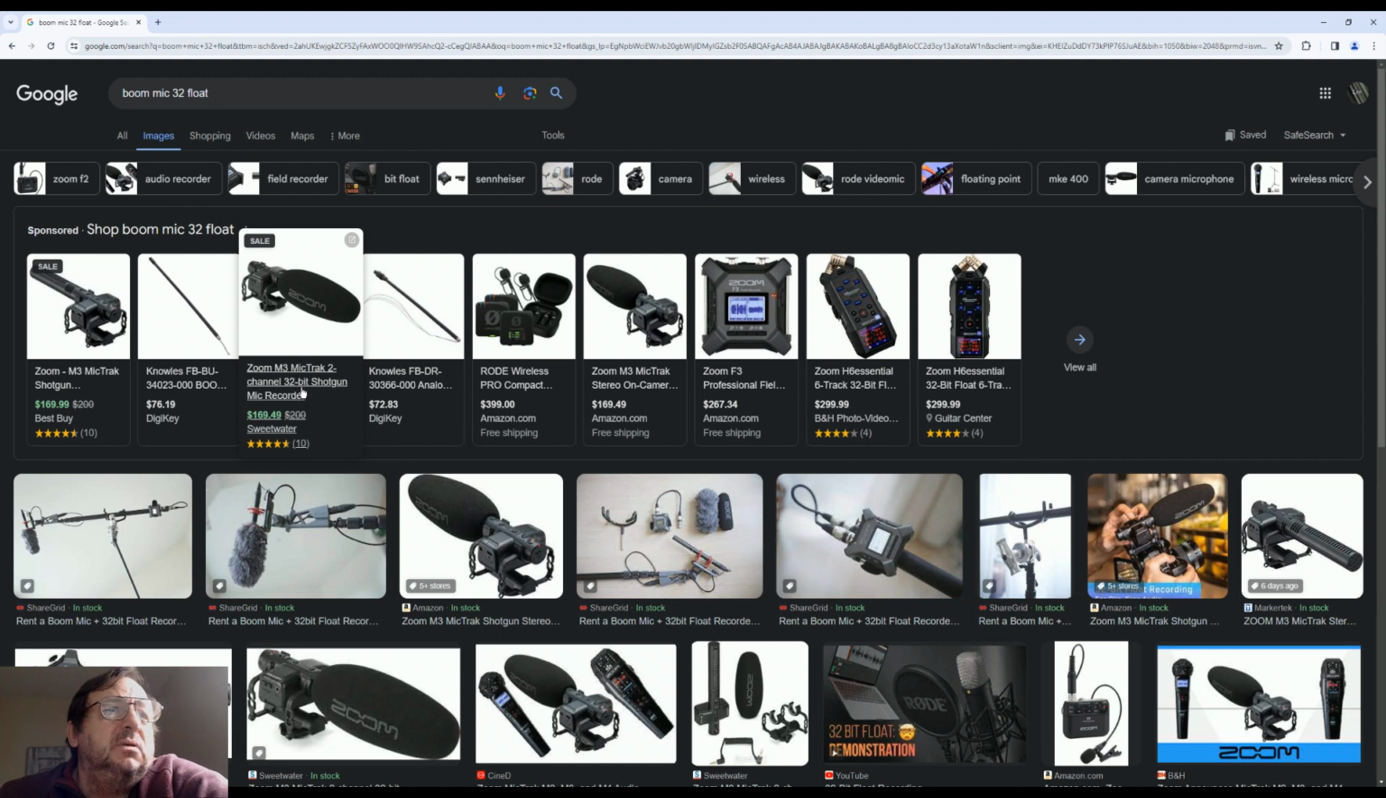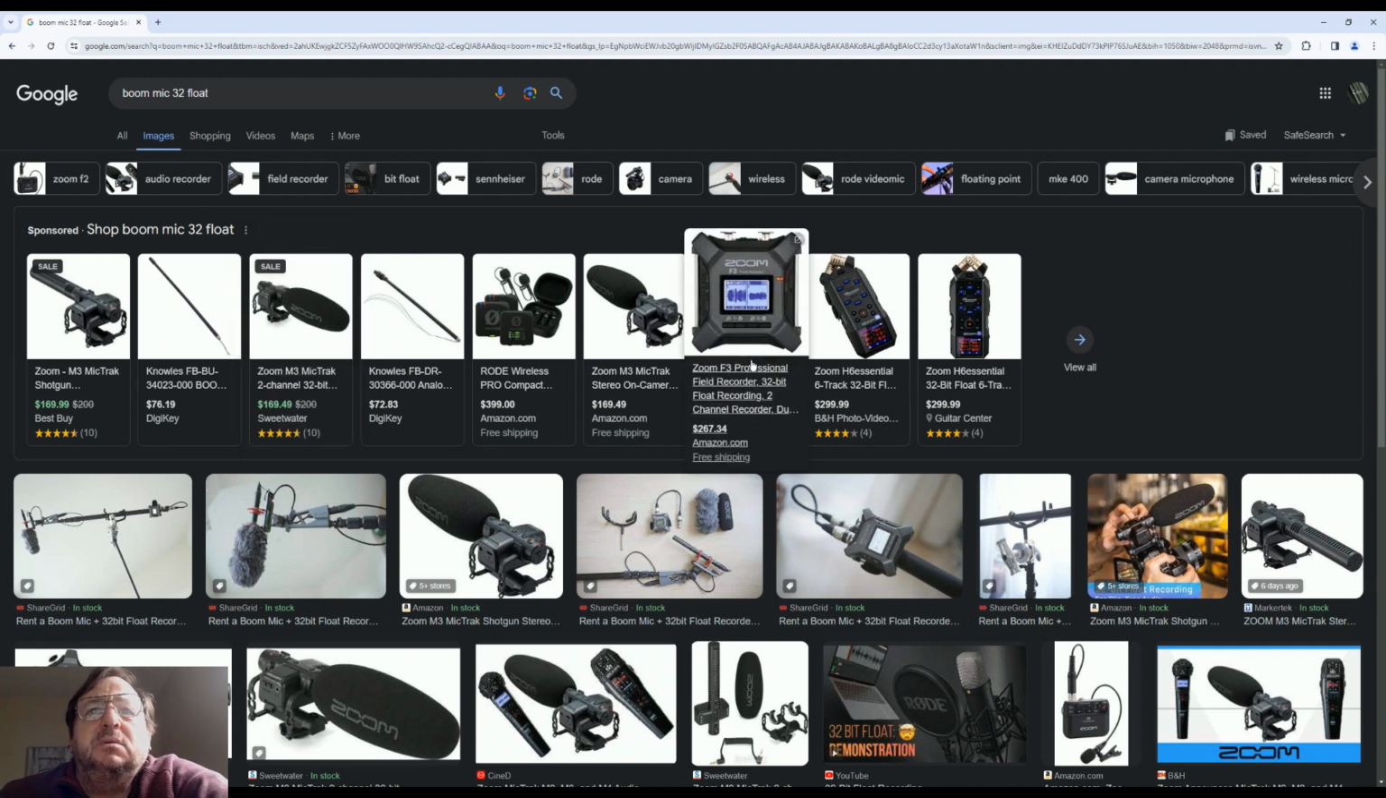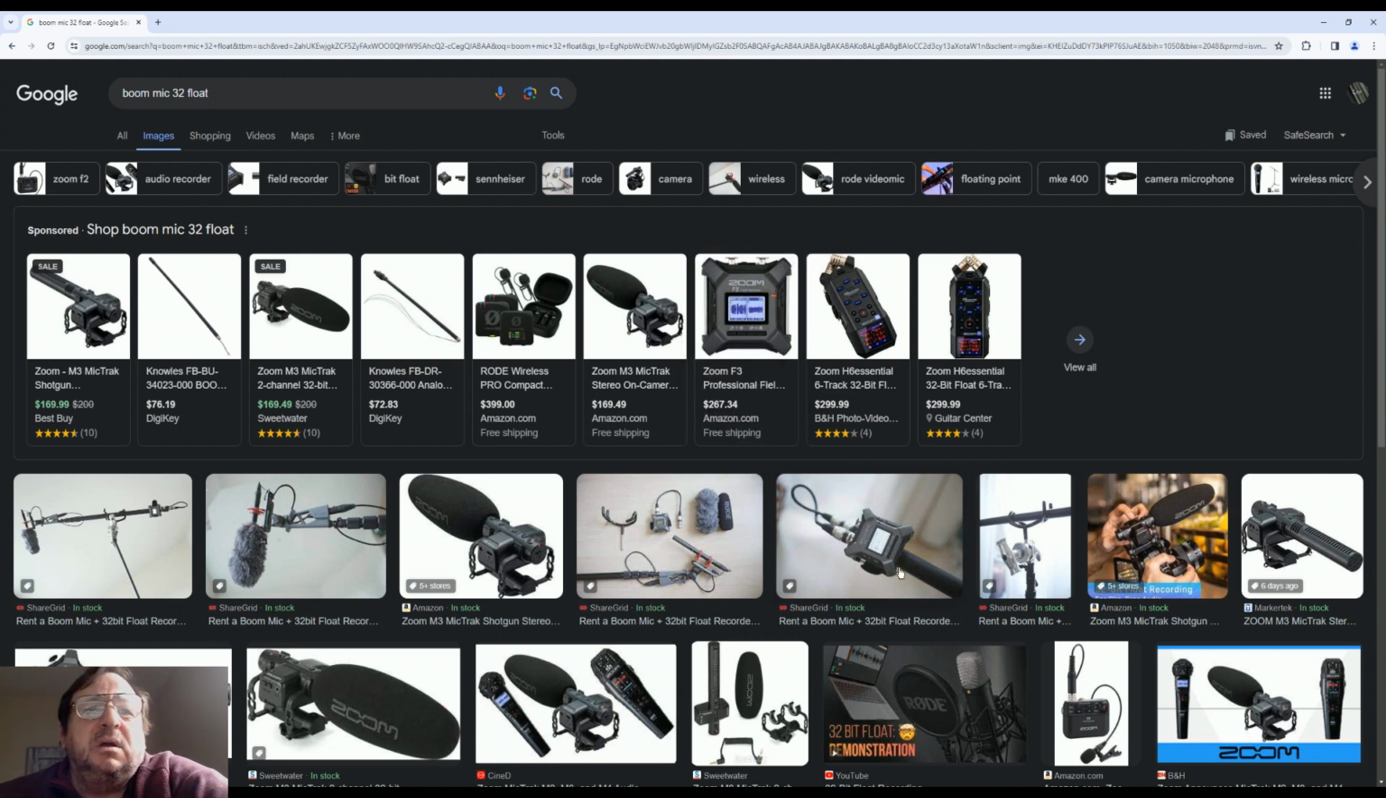You see 32 float. This is Zoom too. So this is all together. You put it on the camera. This one, it's external to the camera. Like this, you can put it on a pole or in the back. Now for this one, you need to find